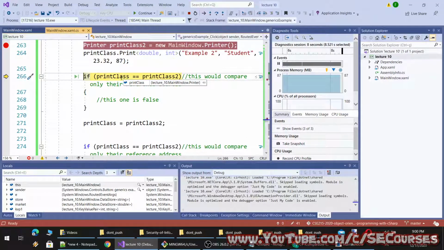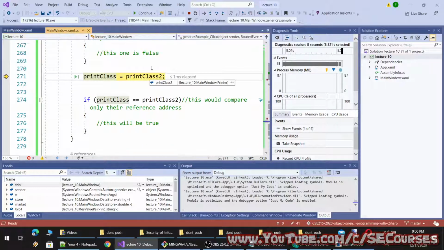Okay, you see this is printer class 1, printer class 2, and it is false. And then I will assign the reference of printer class 2 to printer class 1. And now you see it has compared their reference.